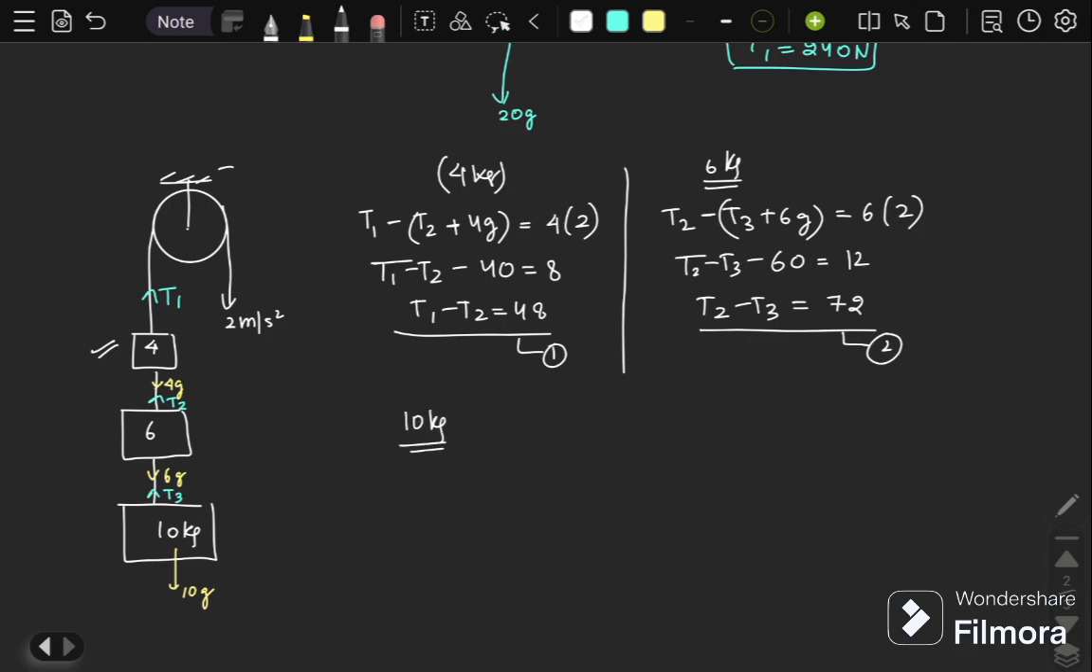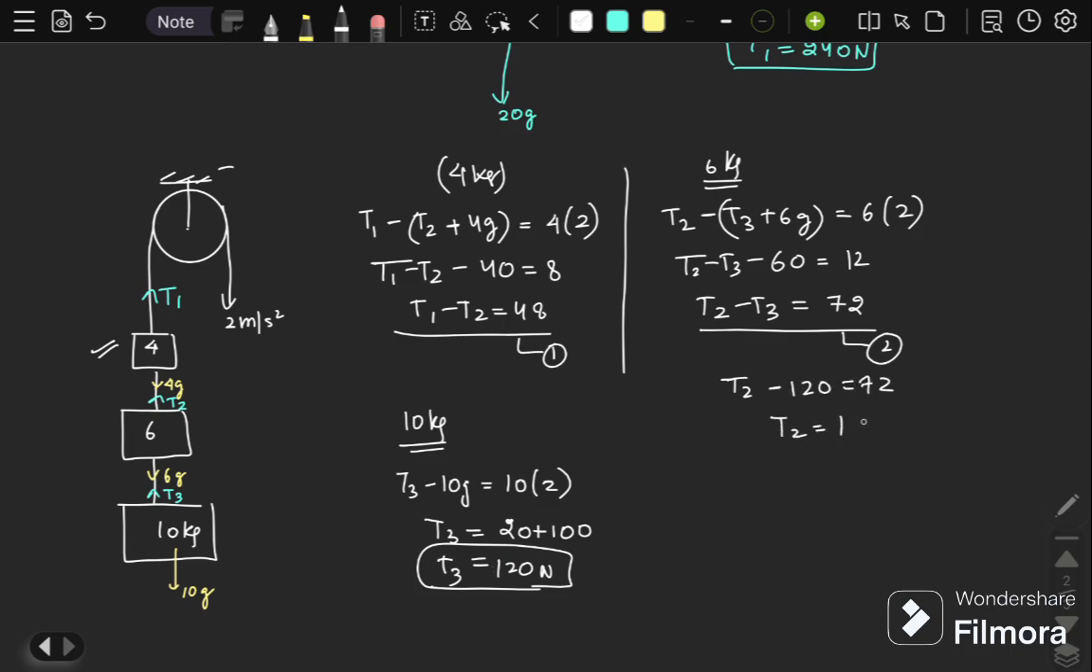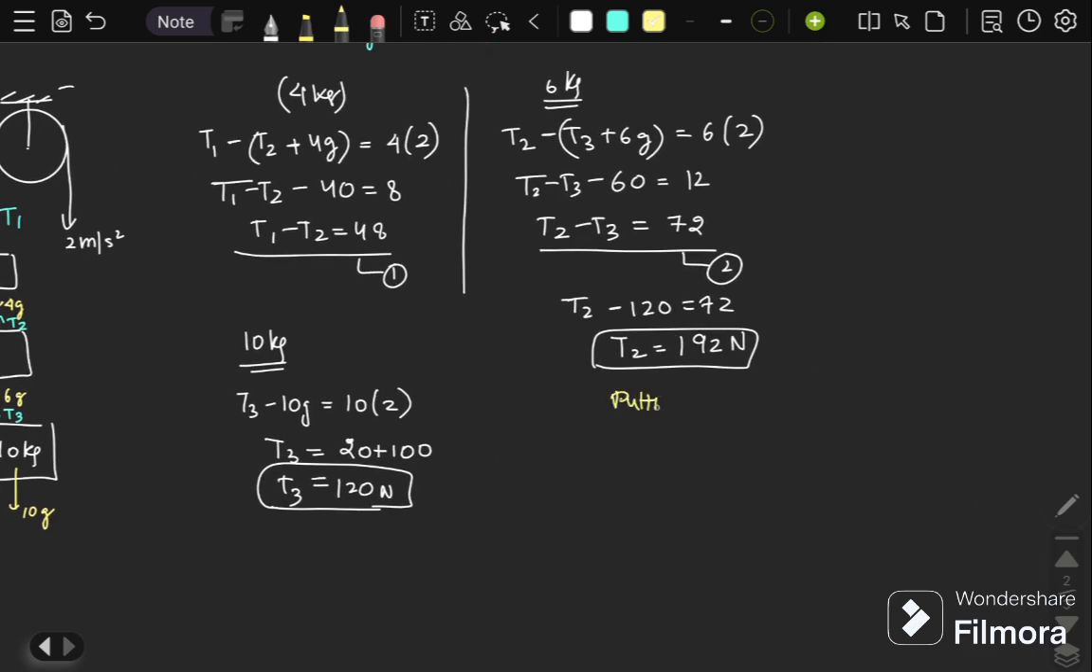If I just consider the 10 kg block, it will be T3 minus 10g is equal to 10 times 2. So T3 comes out to be 20 plus 100. It will be 120. So T3 is 120, but we require T1. If I put the value of T3 in the second equation, I get T2 as 192 Newton. But what we require is T1. So putting in the first equation,